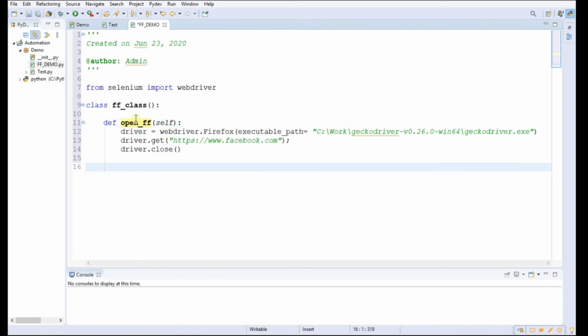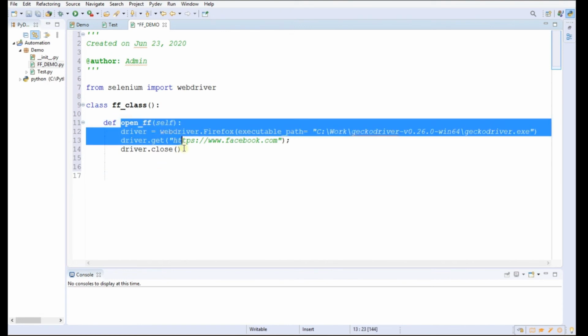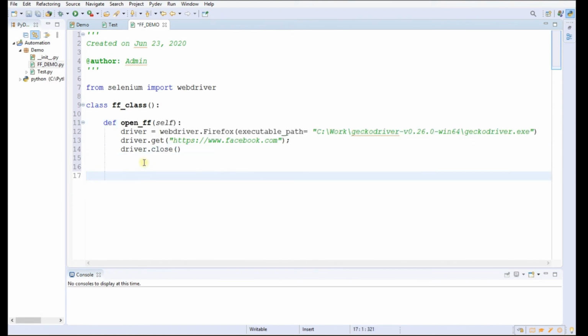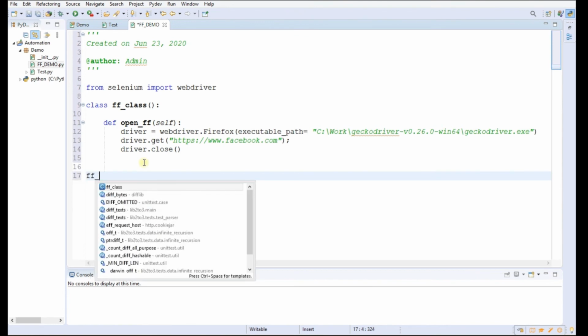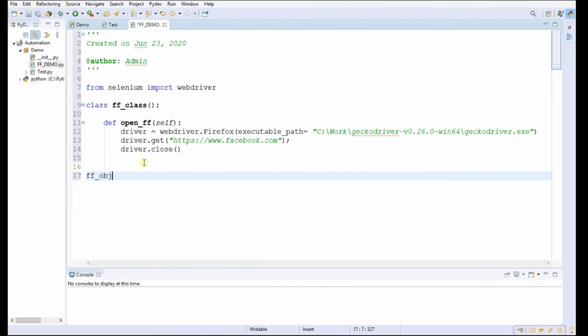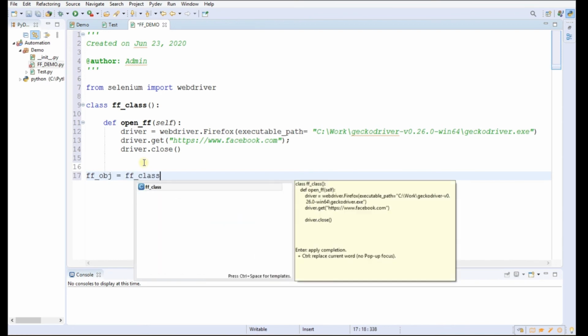Now we have created a method for opening the Firefox browser inside the class ff_class. Now what we have to do is create an object of this ff_class for accessing this open_ff method. For creating an object we have to write the name of the object equals to the class ff_class.